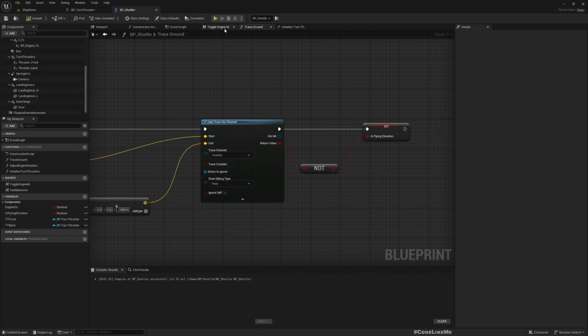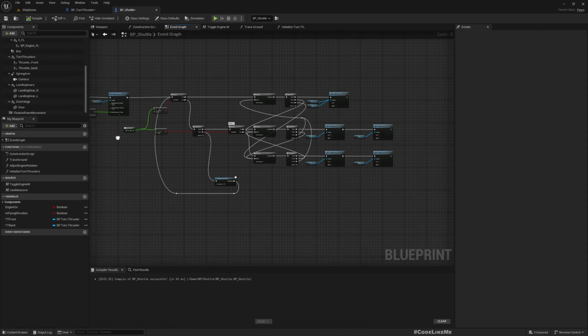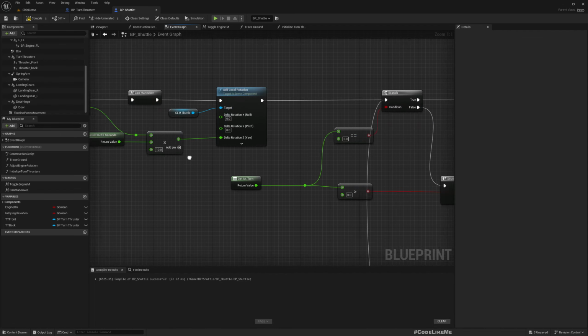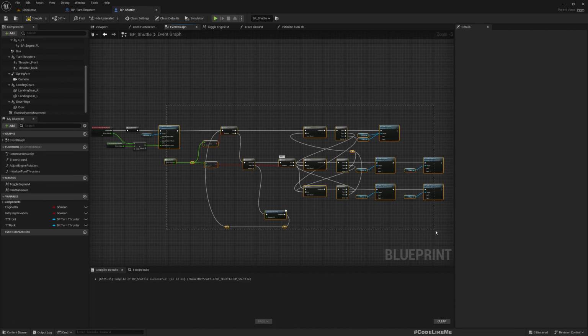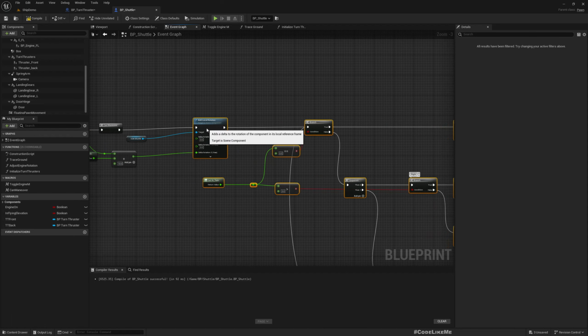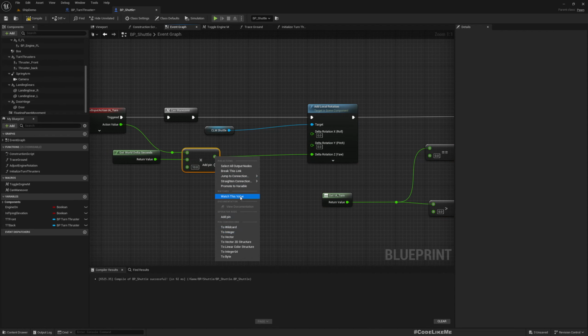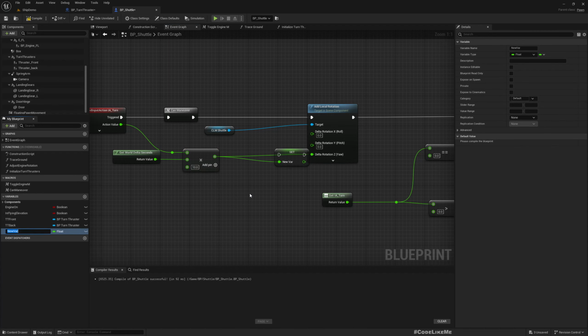For that, we can do something like this. Let's promote this to a variable. I'll call it